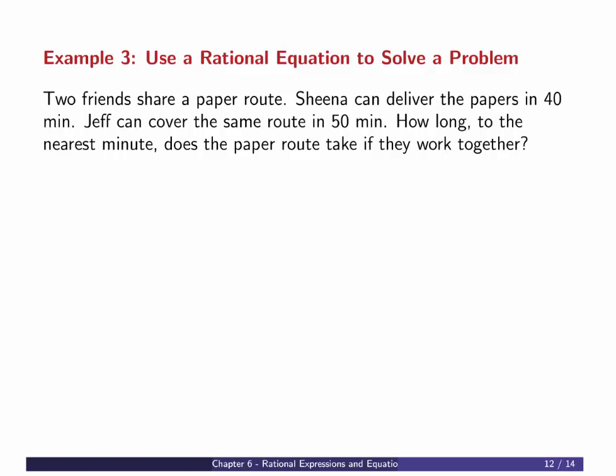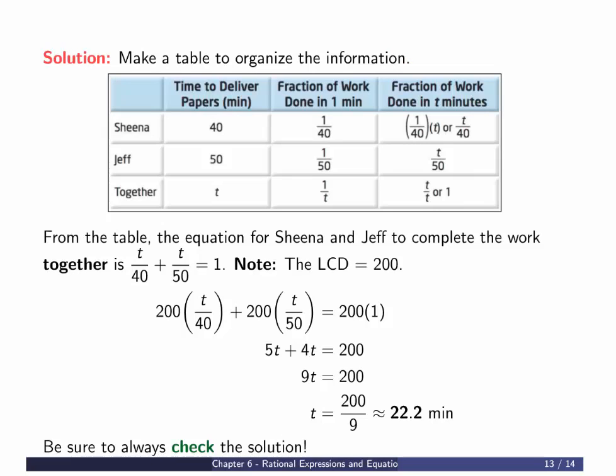but as you can see in my solution, the time it takes together, let's call T. This is in minutes. Jeff does it in 50. Sheena does it in 40. Which means if you skipped right to this step right here, the fraction of work done, okay, Sheena will basically do, not 40%, that's not what I want to say,